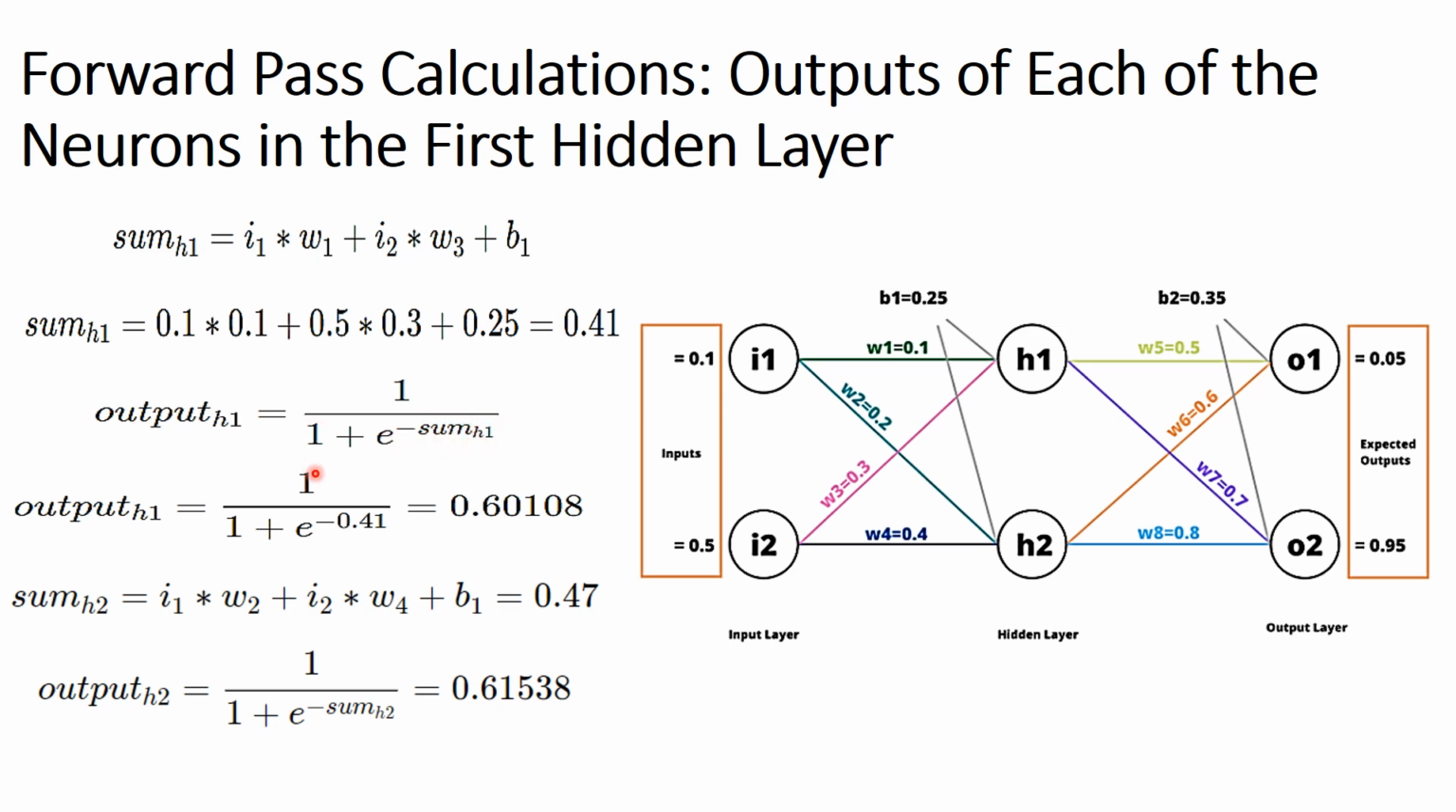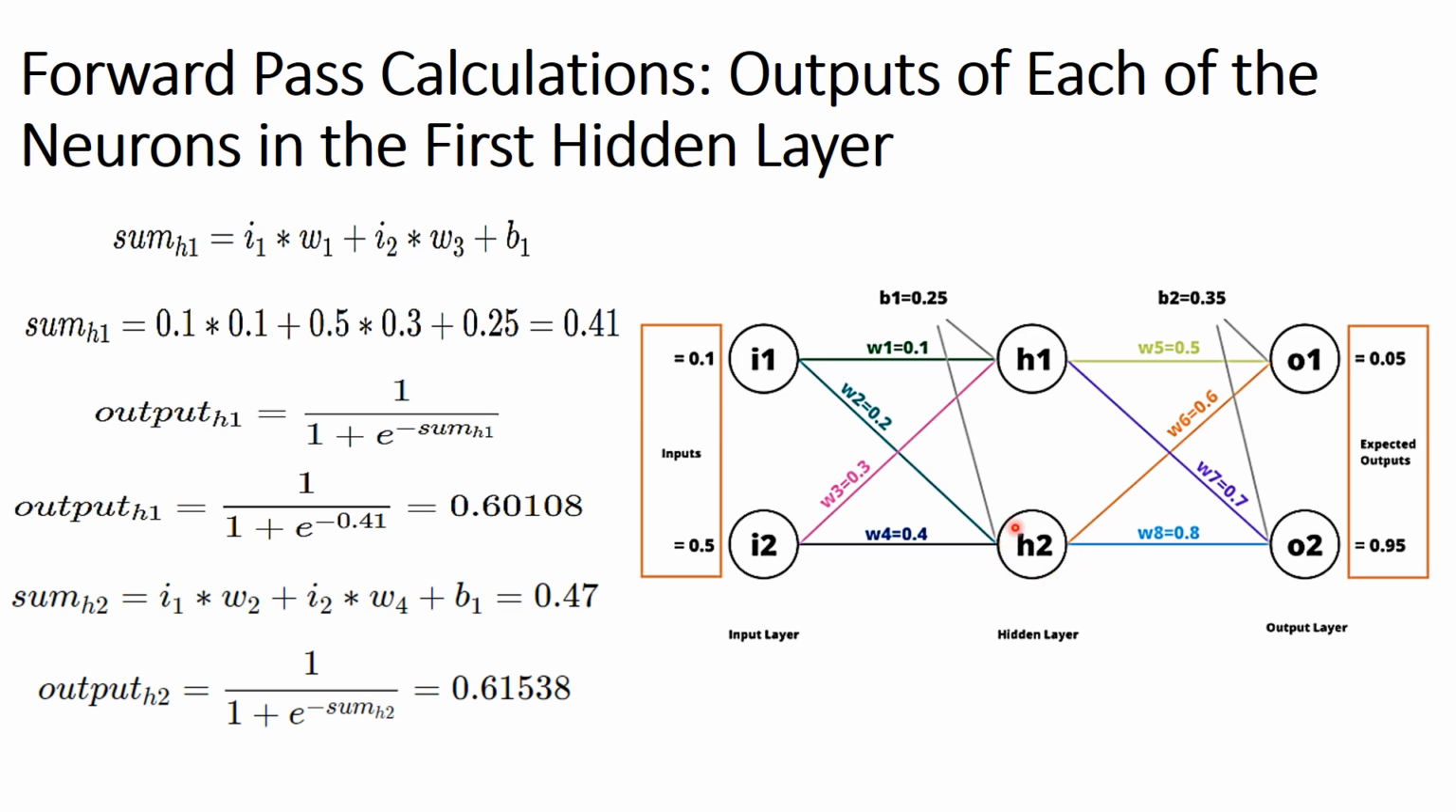يبقى عندك 1 over 1 plus e to the power minus 0.41. دي النتيجة 0.60108. ده هيكون الاوتبوت من H1 من النيورون H1. عايزين طيب بنفس الطريقة نحسب الاوتبوت من النيورون H2. عشان نحسب الاوتبوت من النيورون H2 نجيب